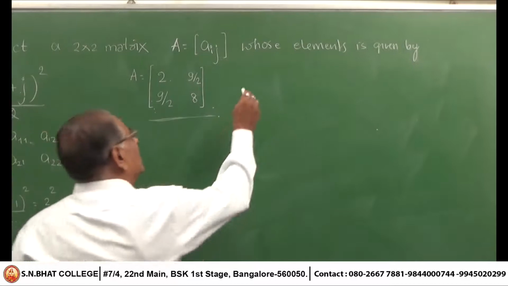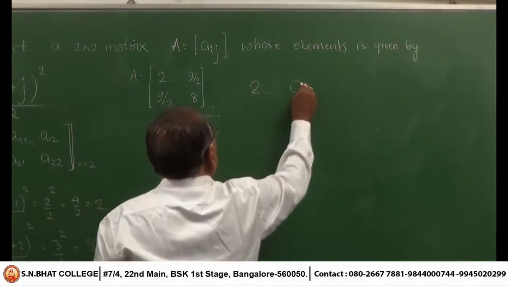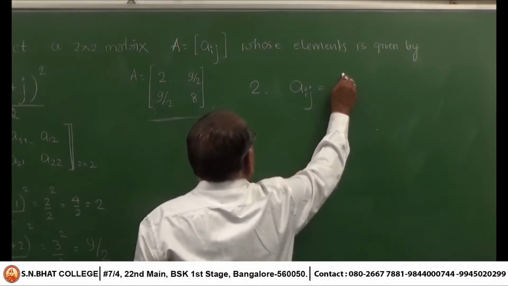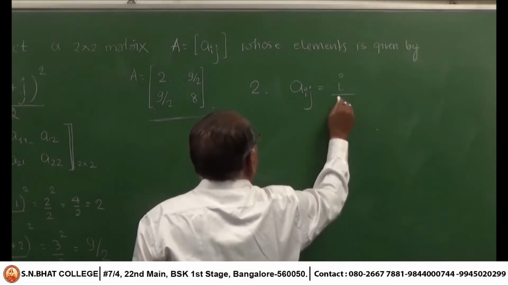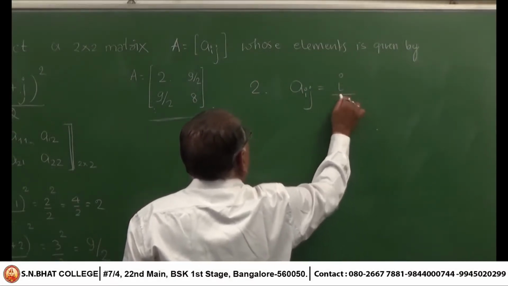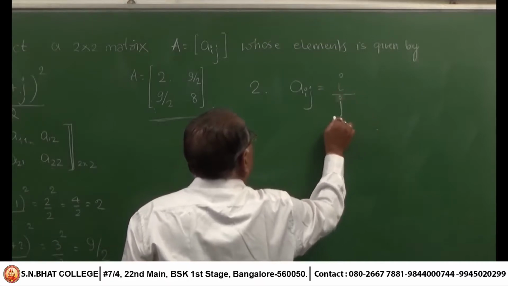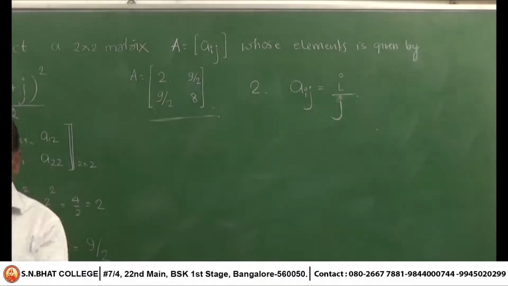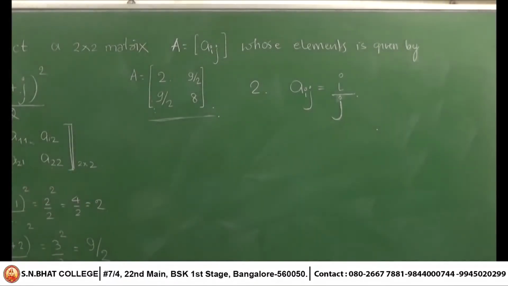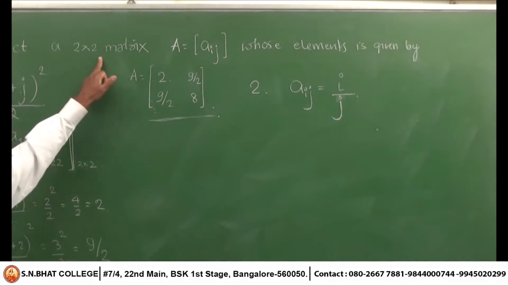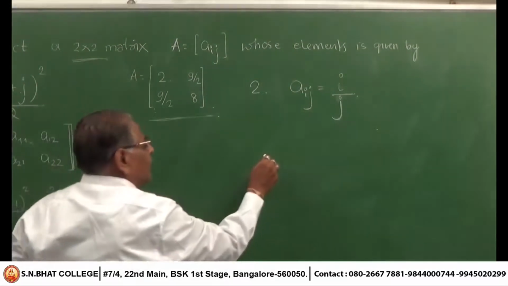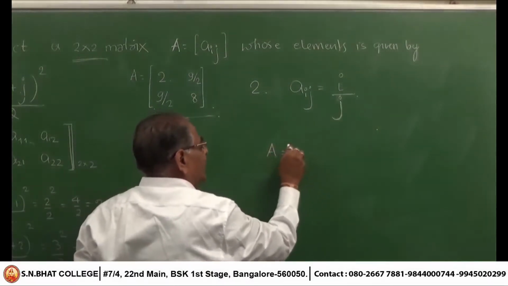Second problem is Aij is equal to i divided by j. Second question. Again the question is to construct a 2 cross 2 matrix. Therefore, the 2 cross 2 matrix A is